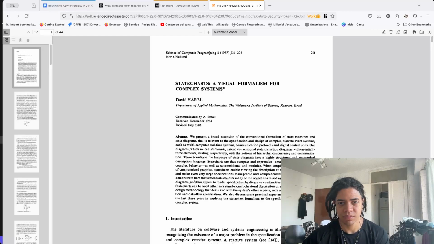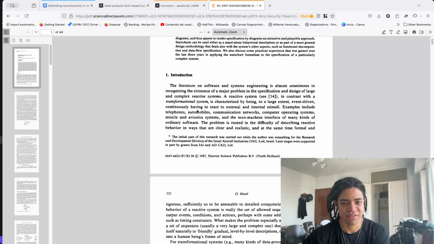When was this? It's Inside Computing, 1987. Jesus. Department of Applied Mathematics, the Weizmann Institute of Science, Rehovot, Israel. Shit. The literature of software and system engineering is almost unanimous in recognizing the existence of a major problem in the specification of the design of large and complex reactive